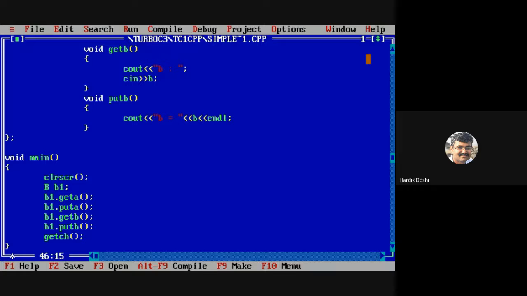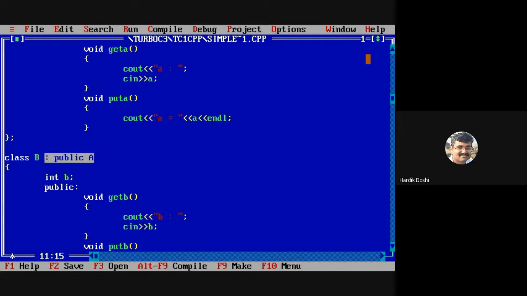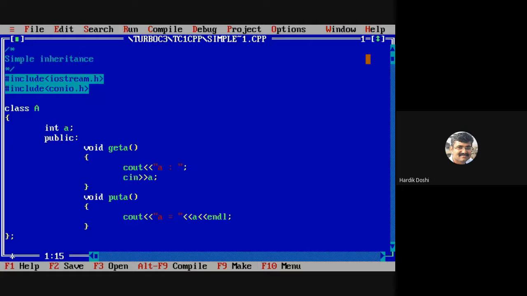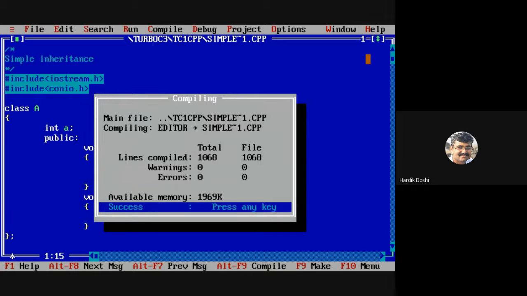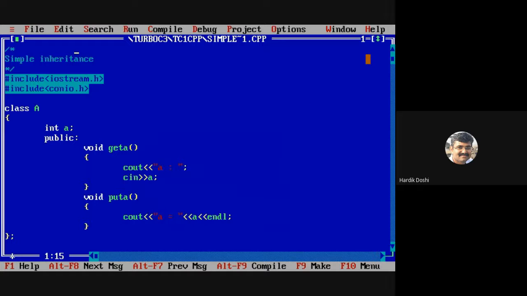But this gives us an error. Why? Because we cannot access the private members. Are you getting my point?